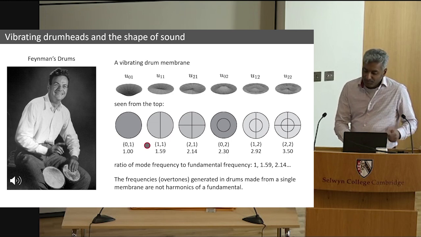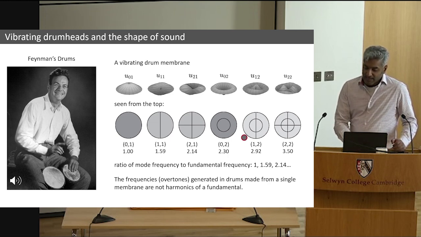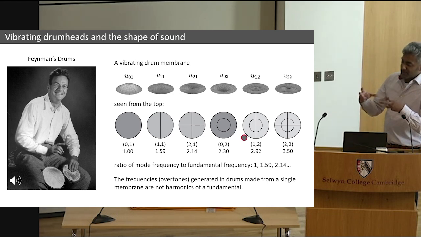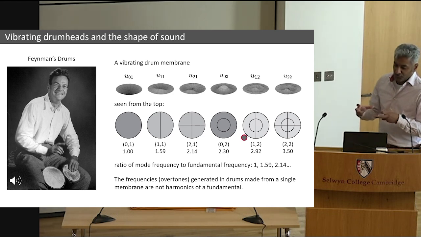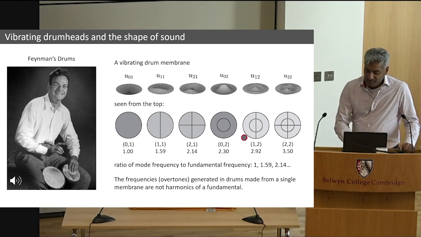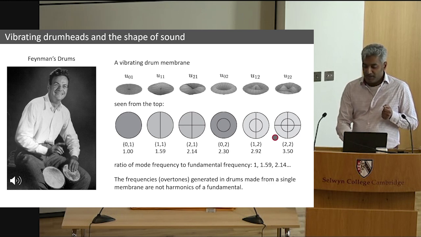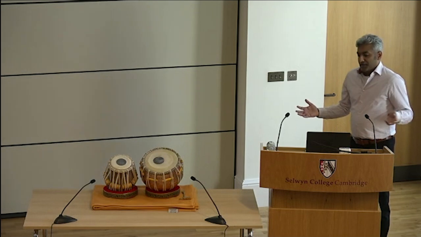Here you have more complicated vibrational modes. For example, in this case, you've got a nodal line that dissects the face of the vibrating drum, but you also have two circles here. Because you have one line and two circles, you call this the 1-2 mode. If you had two lines and two circles, you would call it the 2-2 mode, and so on. So this is how you characterize the various modes here.